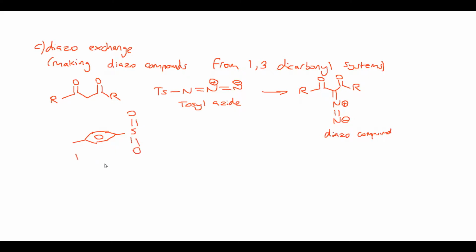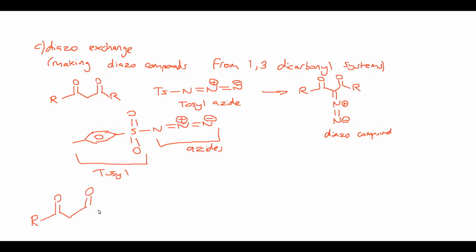So here we have our tosyl part. Here we have our azide. So we have 3 nitrogens bound together directly like this. And this is what we call an azide. So we'll see azides a lot more when we start looking at nitrene chemistry. But for now, we're going to be reacting this with our 1,3 dicarbonyl system to form a diazo compound as shown over here. So if we start with our 1,3 dicarbonyl,